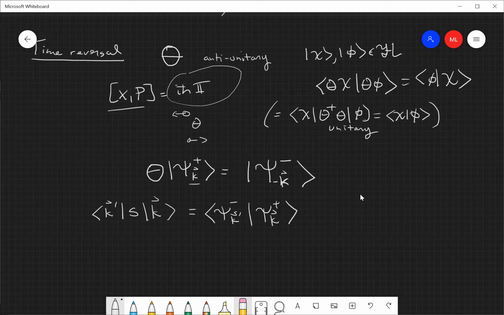That's what we just derived, but I can now replace this with the time reversed states. Well, this guy must be the same as theta acting on,